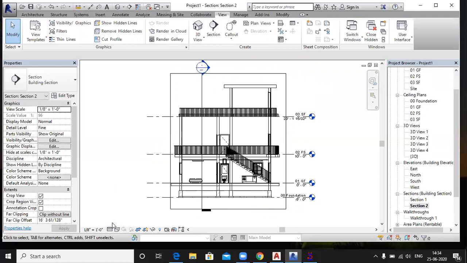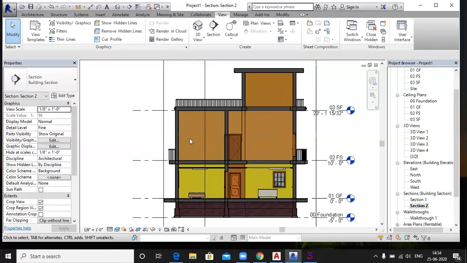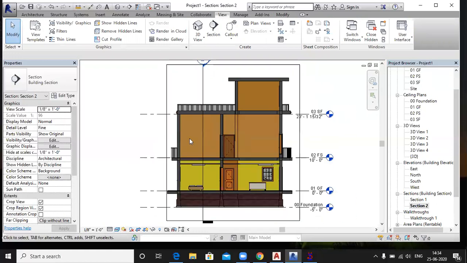Material, I think. Yes. You just click and choose realistic. This shows your material. Section material. Yes, this is your section. Okay. If you want to check the elevation views,